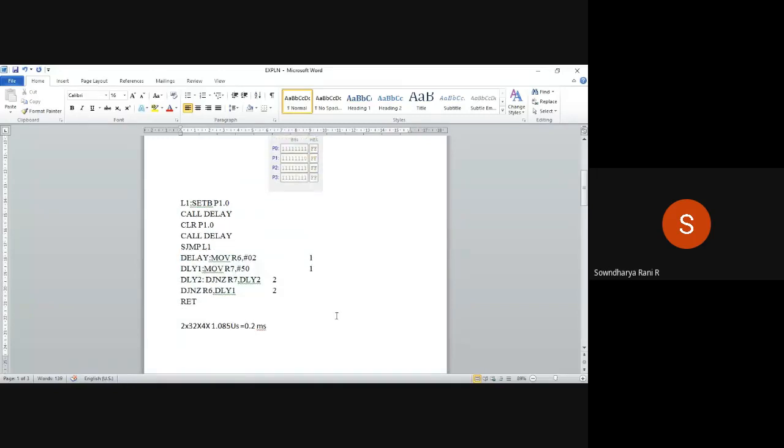Okay, so I'll just put this code in the MCU and we'll see how the output comes.